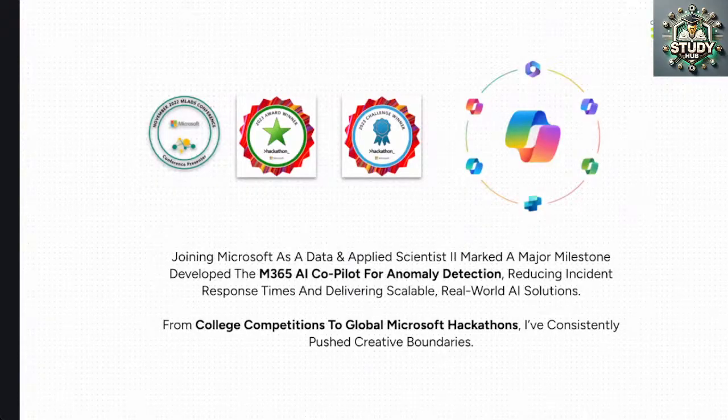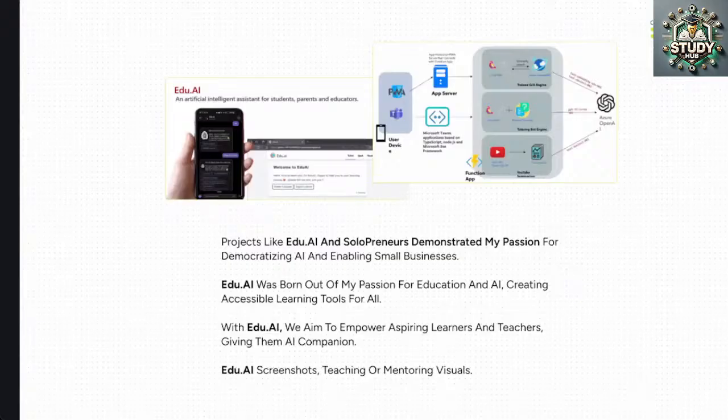And one thing remained consistent. I think Funny was also talking about the passion to solve the problem, which is something I always aspire for. That is what helped me win these hackathons consecutively. In 2023 and 2024, me and my team, obviously not as a lone participant, won these hackathons across global Microsoft. And this led to building one product, edu.ai, and getting incubated, or you can say even sold to Microsoft itself. This was the first product we built in 2023.